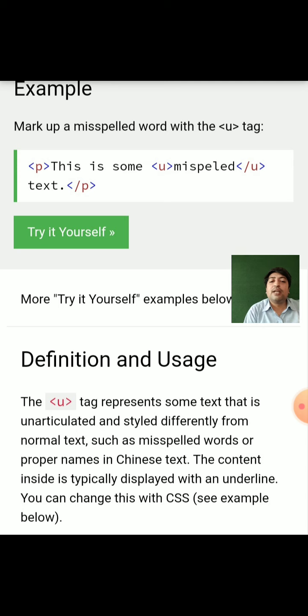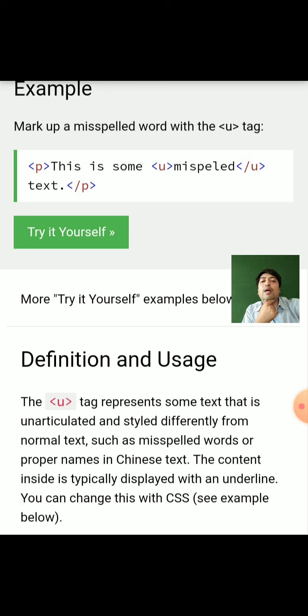The u tag represents some text that is unarticulated and styled differently from the normal text. The u tag tells you that the word should be underlined whenever the word is given a special meaning. If you want to display a specific definition with an underline, then just put the u tag enclosed around that specific sentence.